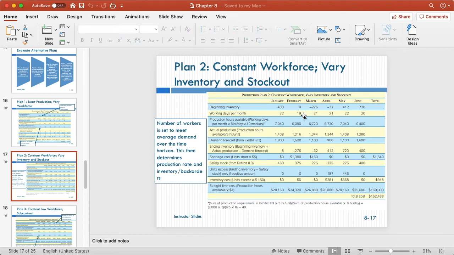So you use 19 times 8, and then times 40 to get the total production hours available. The total production hours available is this amount, 6,080. And then you further divide it by 5 in order to get the production amount for that mouse. Now the beginning inventory is 8. You further produce 1,216. So in total you have